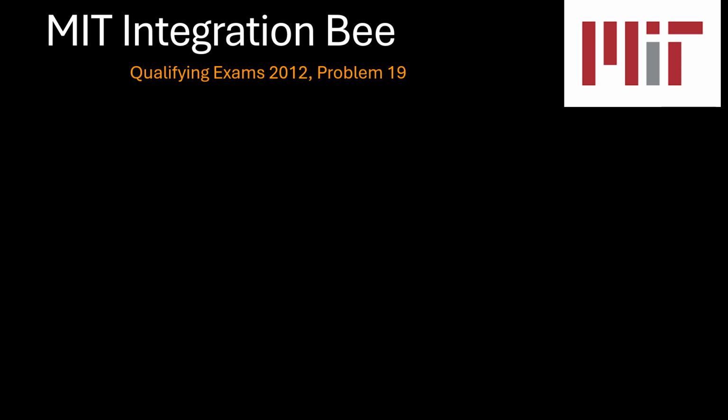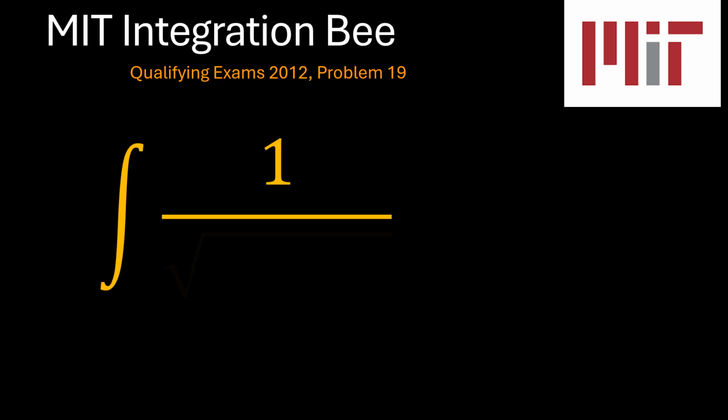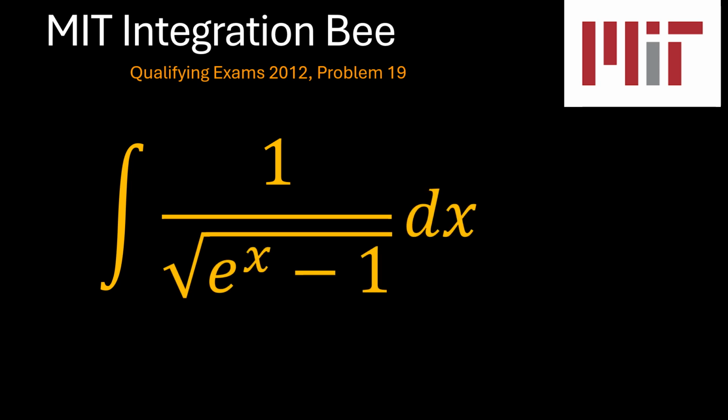This is problem 19 of the MIT Integration Bee qualifying exam 2012, which is the indefinite integral of 1 over the square root of e to the power x minus 1. So let's go ahead and try and see how we can solve this. So the first thing here, what we're going to do is we're going to